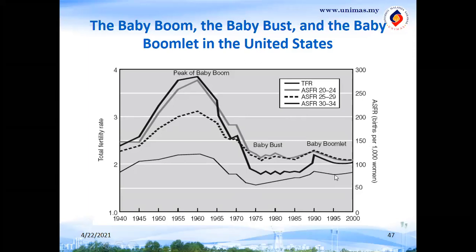So this line here refers to the one who are aged between 30 to 34. The one in solid black here is referring to the total fertility rate. The gray color here is referring to this group 20 to 24. And then the dotted line here refers to those who are 25 to 29. Jadi what you can see also is that during this period,